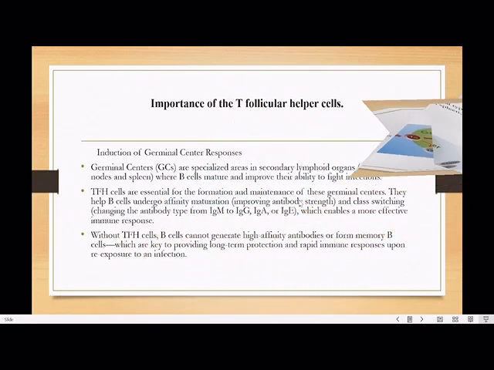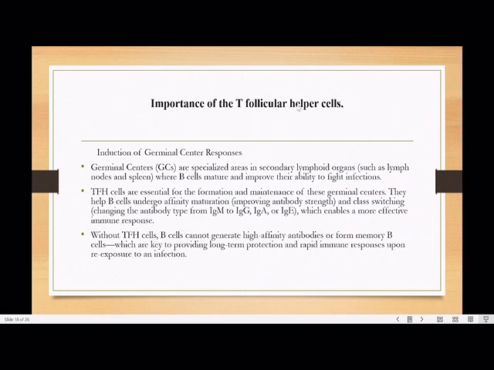Yes, let's talk about the importance of the T follicular cells. We know that the T follicular cells help in our immune system. Let's talk about the induction of the germinal center responses. The germinal centers are specialized areas in the secondary lymphoid organs where the B cells mature and improve their ability to fight infections. So they are important in the production of the